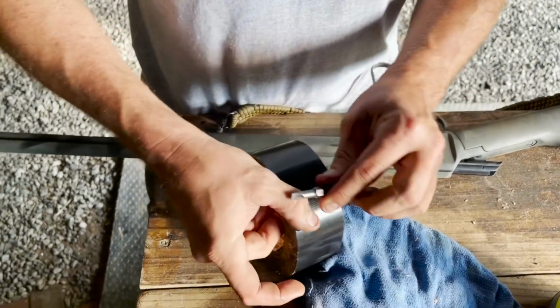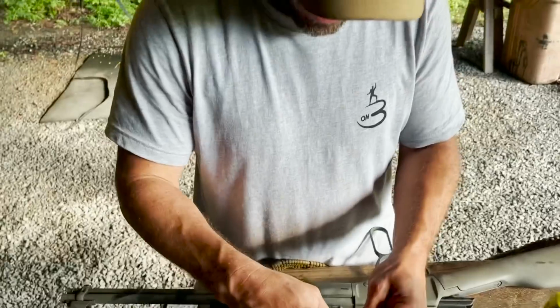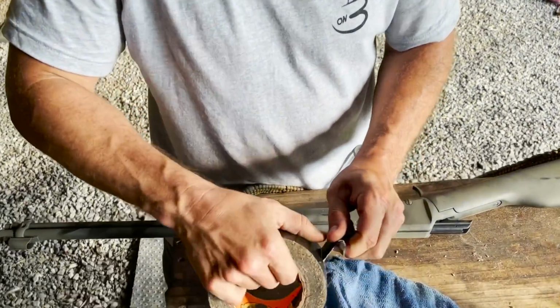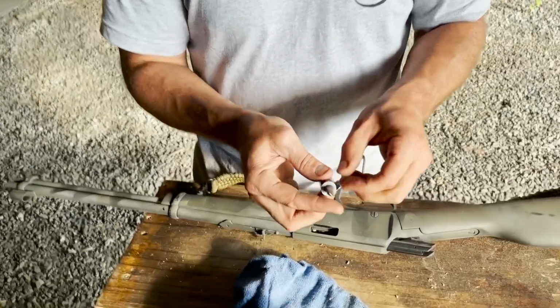Rolling. Rolling on the roll of tape. You see what you did there? See what I did? Yeah. All right, so we're rolling. I'm gonna put a fair amount on there. Here we go. So I've got a mini roll of duct tape,